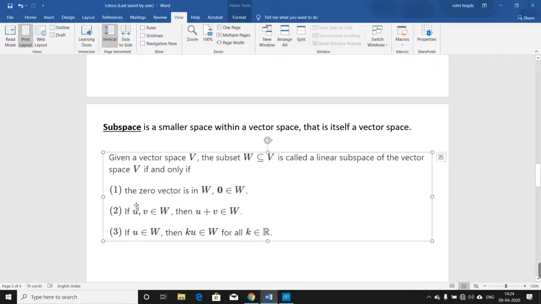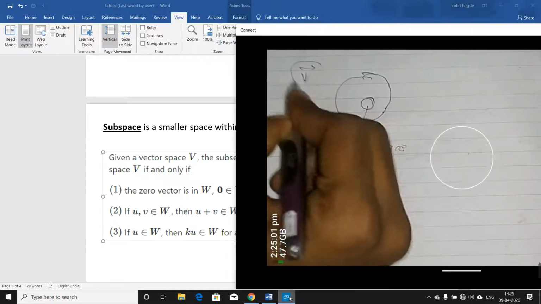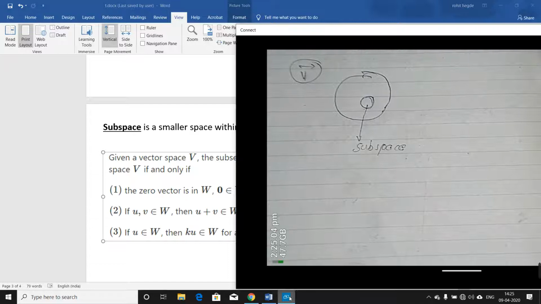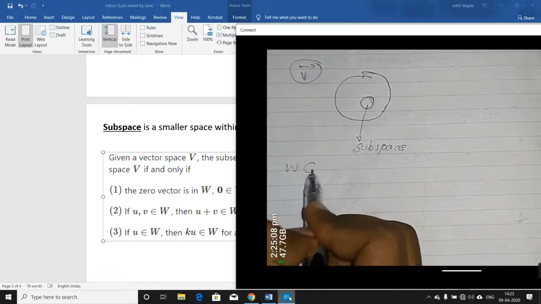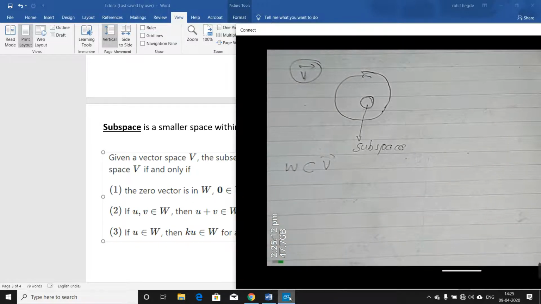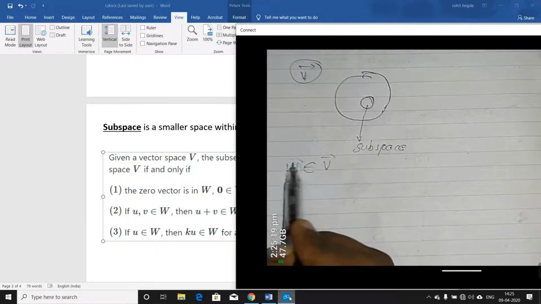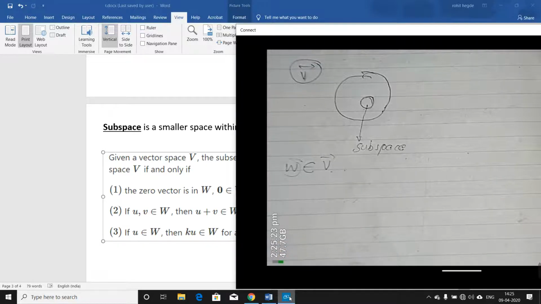Here you can see the zero vector, and u and v such that u plus v belongs to the subset W, and if u belongs to W, then some scalar times u also belongs to W. Here we are considering the main vector space as V. Let W be a subset of V, such that W belongs to V. Then we call this W a subspace of V, the vector space, only if it satisfies the